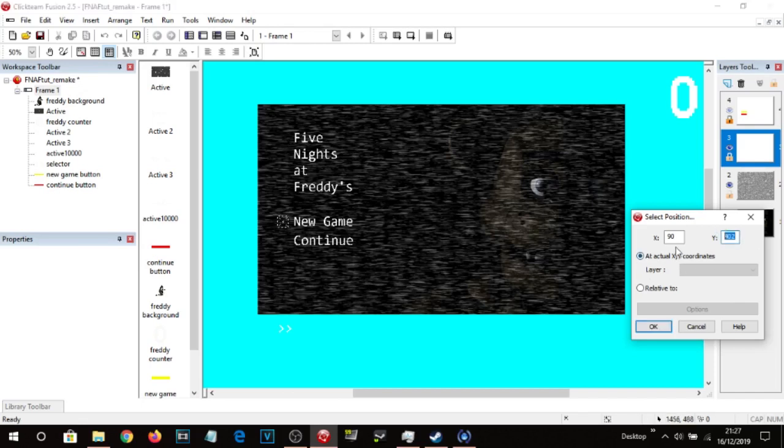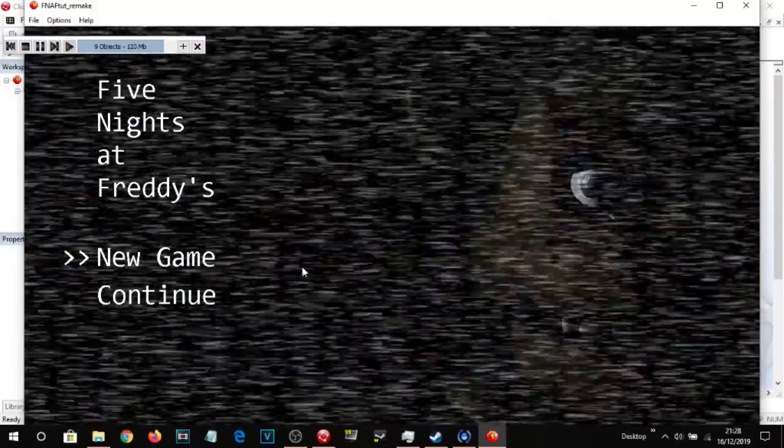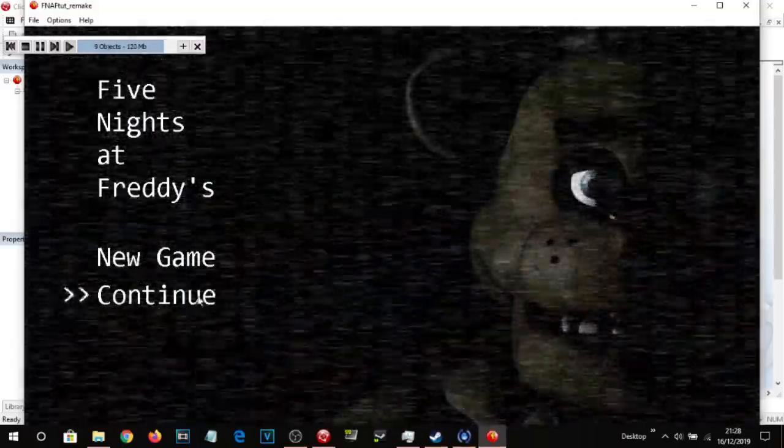So let's change the Y, and I think if we put in, let's just say 300. Okay. So if I say 500. So 450. Ooh, 470. 465. There we go. Now it's in position. So now, let's see how this goes. So we put our mouse position over continue, and it moves. And then over new game,